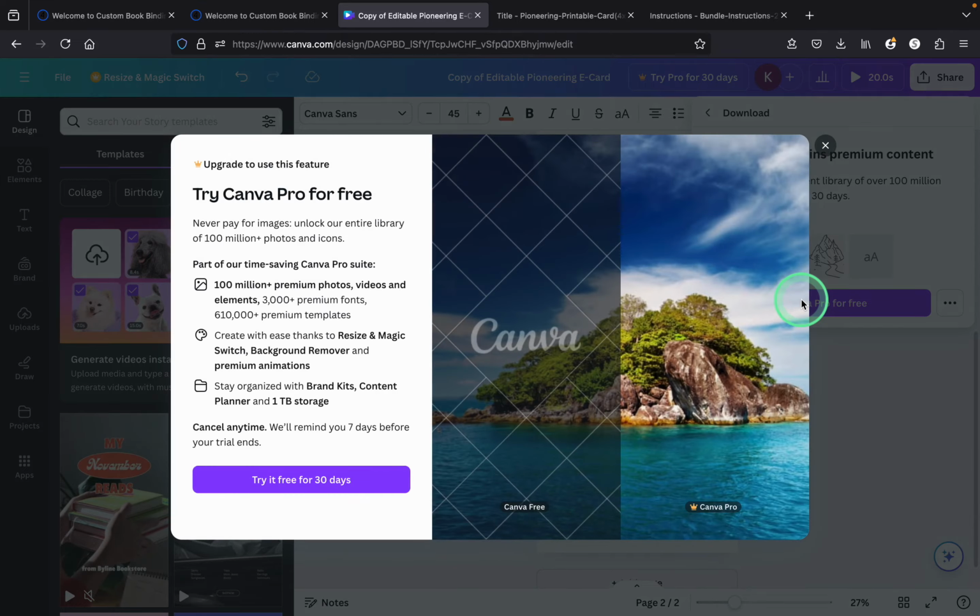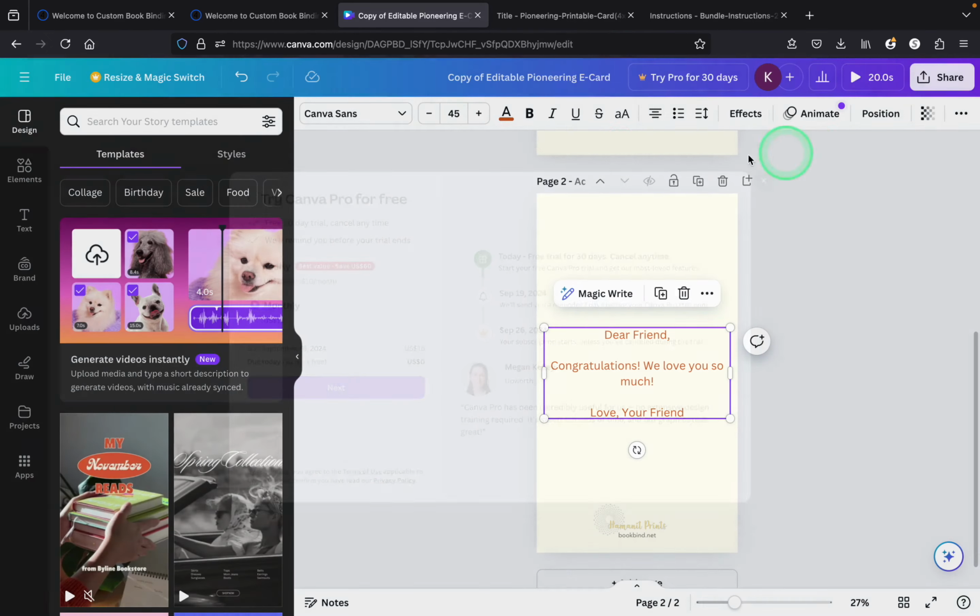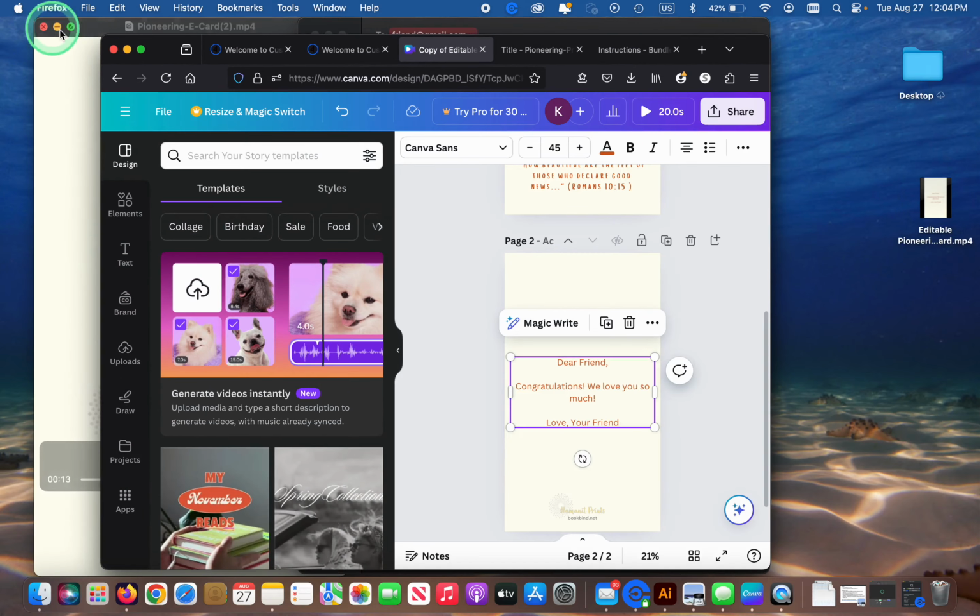Or if we try the Canva Pro for free, you can try it free for 30 days so that you can simply use this design and then cancel your Canva Pro account. Or if you find that you really like Canva and want to keep using it for your own purposes, you can also do that. So now once we've downloaded that file,